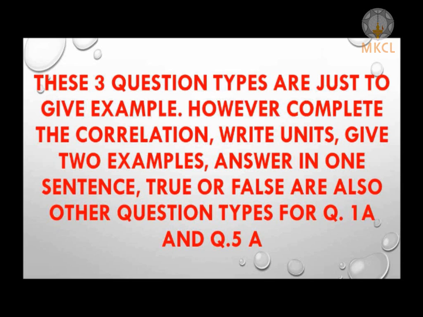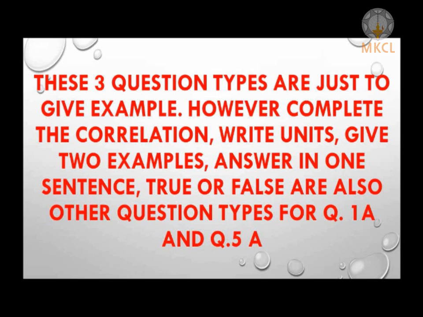In a true false question, sometimes it is only to tell true or false, but sometimes the question may be: write true or false with the reason and correct the statement. The corrected statement is not expected in a simple true false question, but if you know, you can give that corrected statement. Just take an example. The oxidation is gaining of hydrogen by reactants. Now you know, whenever we are talking about oxidation, it means gaining of oxygen. So the given statement is false. So first write down false, then put a comma, and then write the corrected statement: oxidation is gaining of